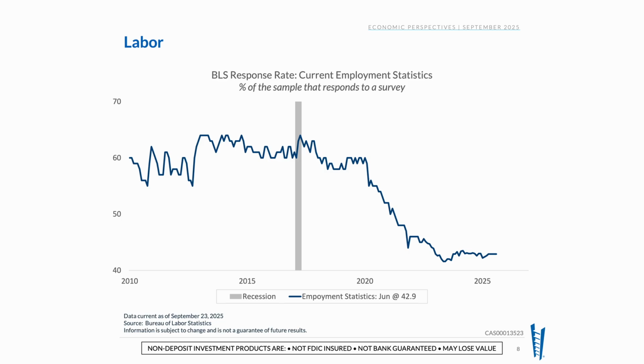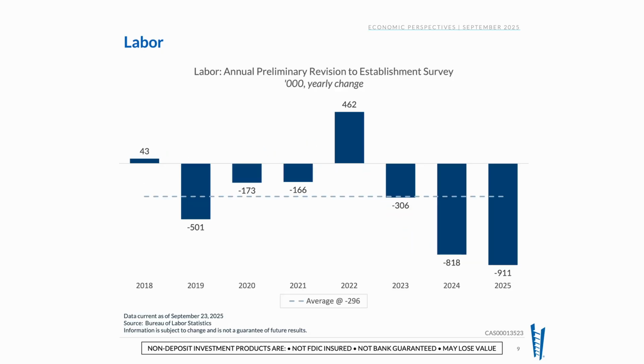And revisions are also due to responses that are being returned a month or two late, so they have to be revised. Or the original response gets corrected. That too will cause a revision in the data. There's also an annual revision. This chart shows the annual revision to the data. You can see in the last 2 years it's been much more extreme than the previous years.